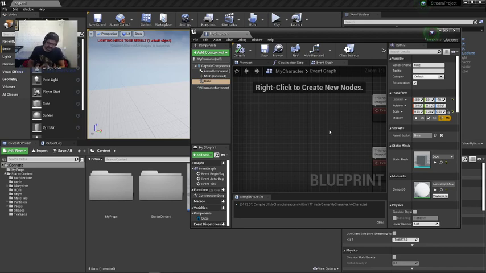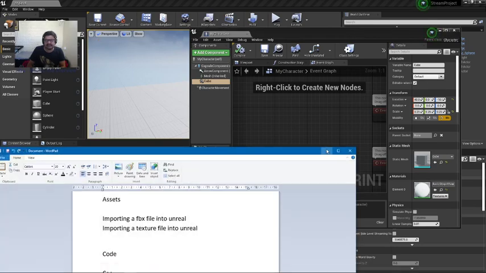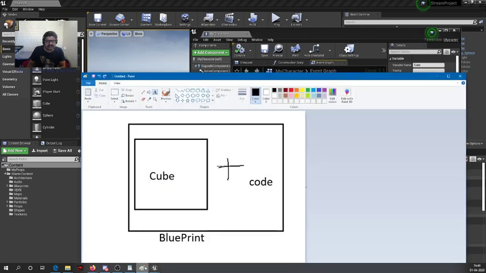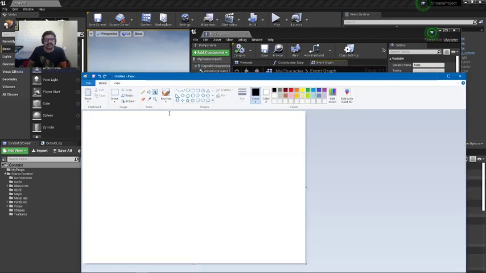What events do you need for a character to move? Okay, if I were to create a character and I want it to move, what events do we need? We need it to go forward. We need it to go backward. We need it to go